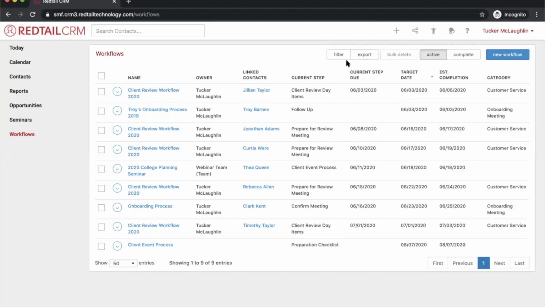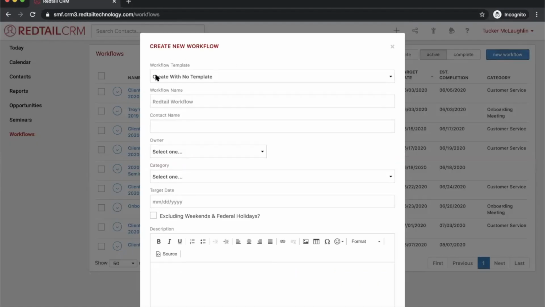Now, what if we have a workflow that doesn't necessarily need to be created from a template? Maybe it's a typical Monday and you came in and it seems like the world is completely collapsing five minutes into starting the day. So I want to get a clear image of what I need to get finished, kind of like a checklist. Can you create that without a template? And the answer is yes. You can create a brand new workflow without a template. So if it was seriously something like, hey, Catherine's checklist to get her life together, something along those lines,